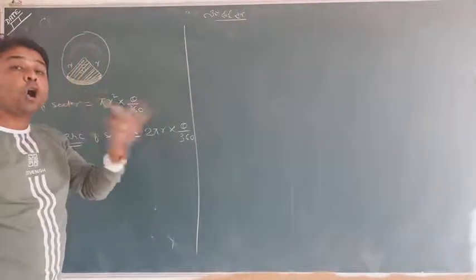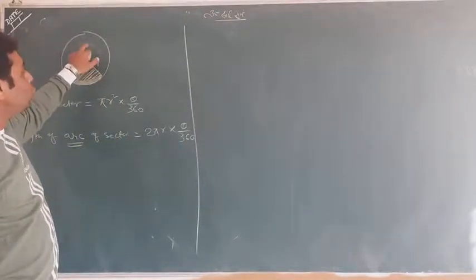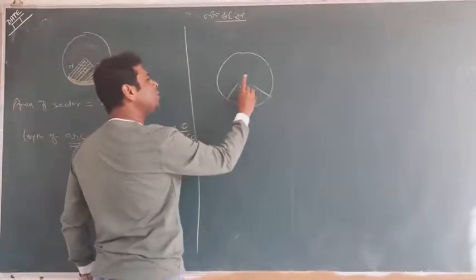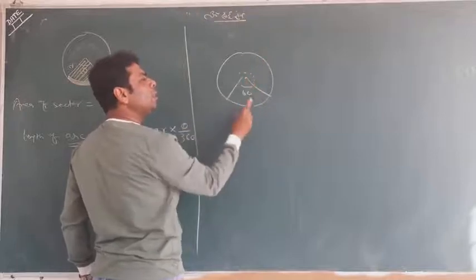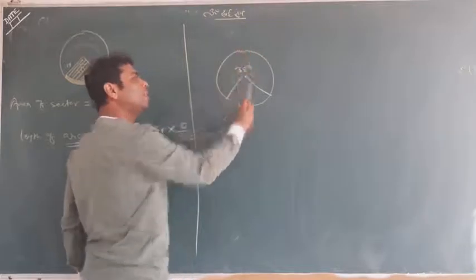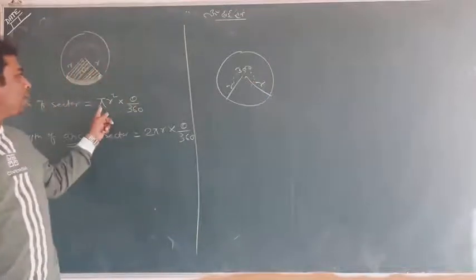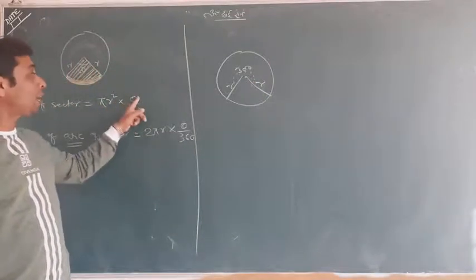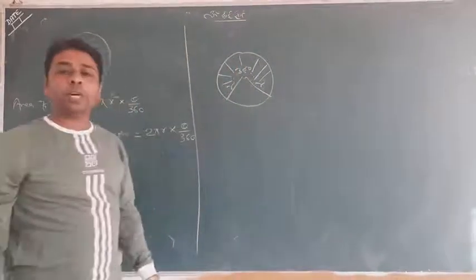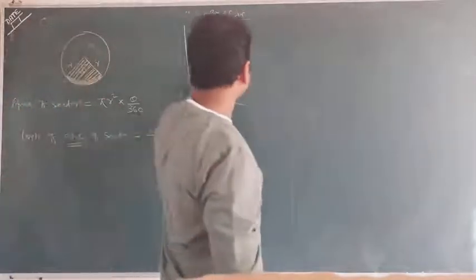That's the first way. Or, suppose theta is equal to 60 and you want to find the major one. The whole is 360, so the major sector's angle is 300 degrees, and the radius is the same. Now use the formula pi r squared theta upon 360 again, putting theta equal to 300, and you will have this area. Whatever theta you put, you can find the corresponding area. Please keep this in mind also. So students, these were the two formulas.